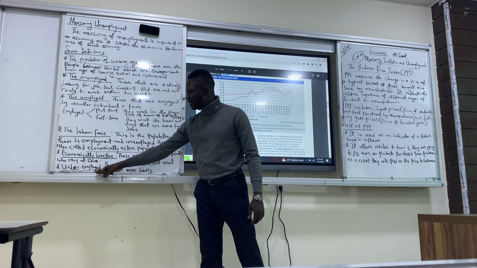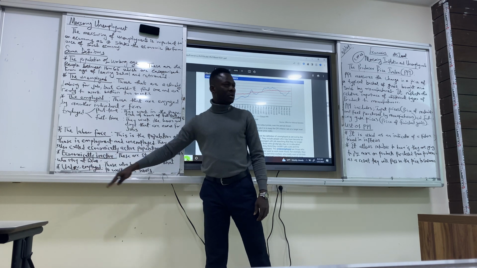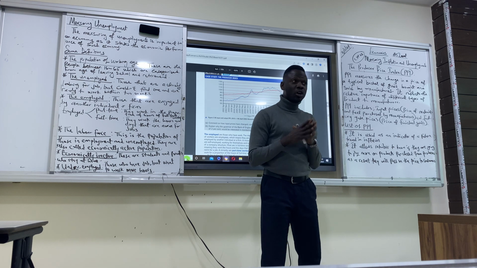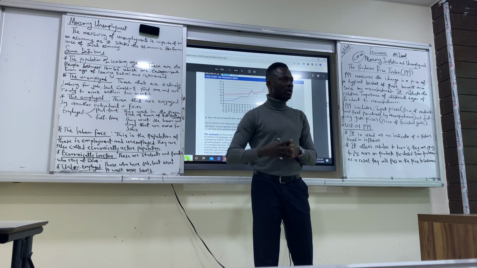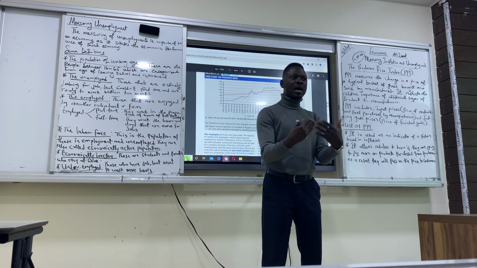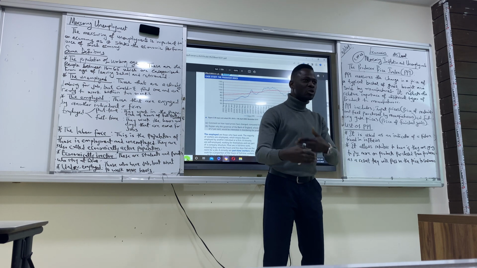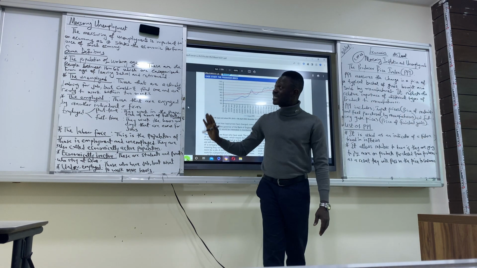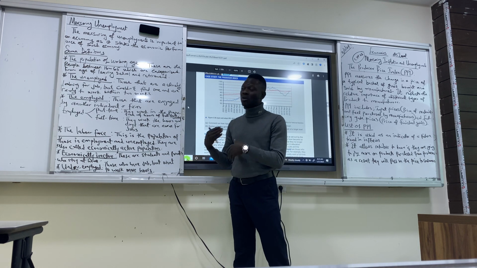Then the last one we have is about underemployed. We have the underemployed people. Who are those underemployed people? These are people that have a job but still need more hours of work. They have a job but they still have spare hours that they want to engage with. Do we get underemployed? Yeah. So these are all the terms for population. So in the next class we talk about measuring